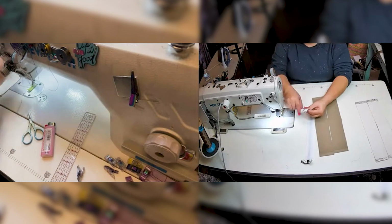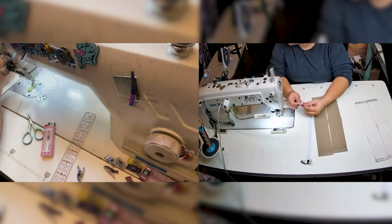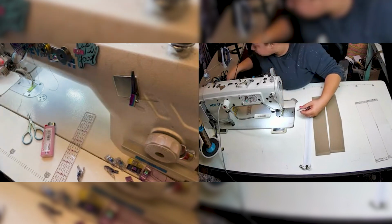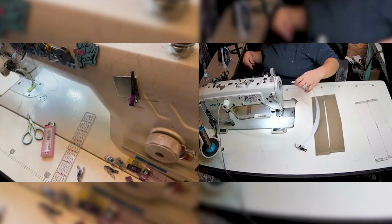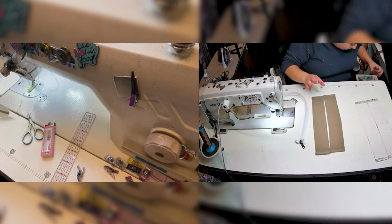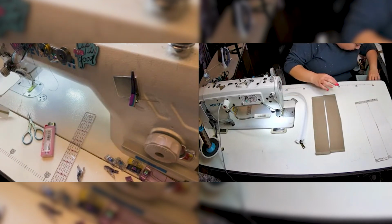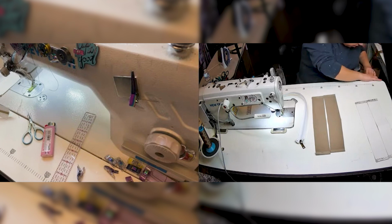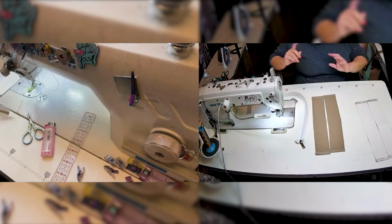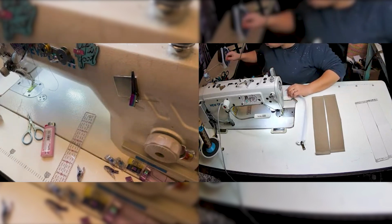Okay, so at the end here, I like to put a safety pin, because it just helps me so that I don't sew off. I don't crack it, but you can crack it open if you need to. I don't see my safety pin. So I'm going to...